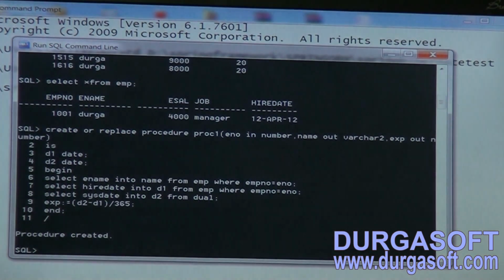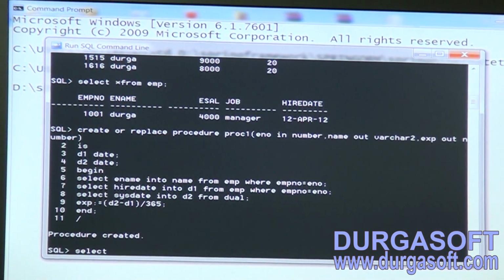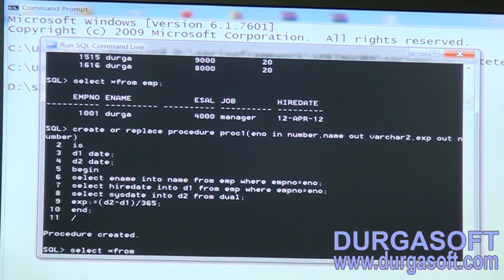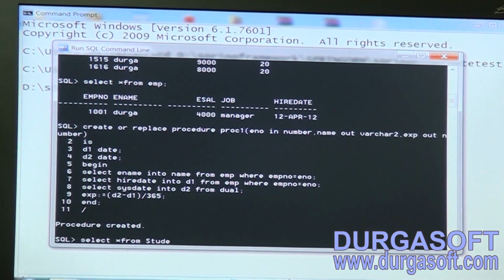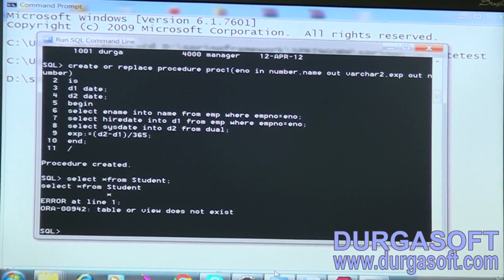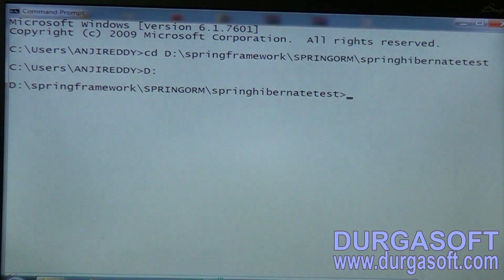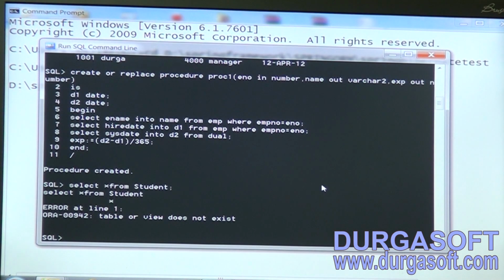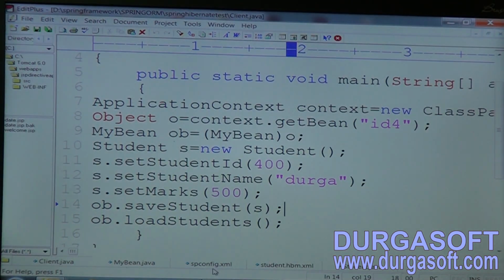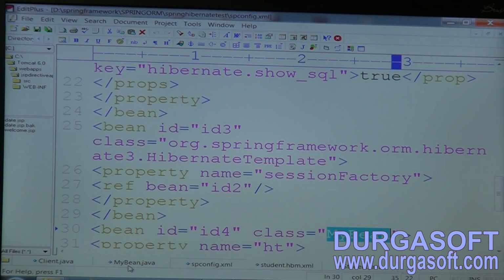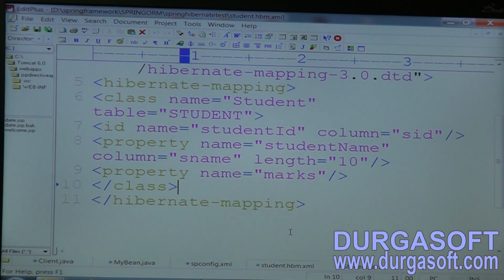Select star from student. Student is not there, right? So if you want, we can create that student table. How many columns are required here? SID, then S name and marks.